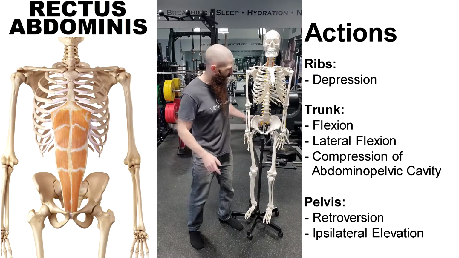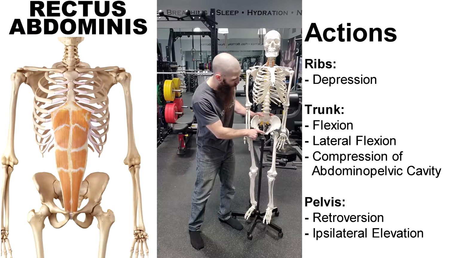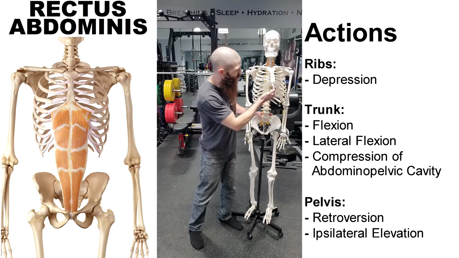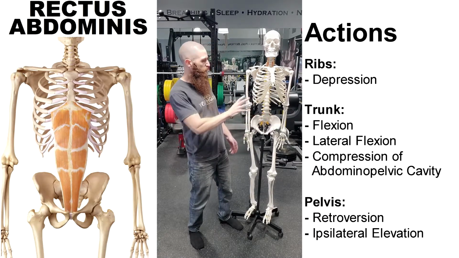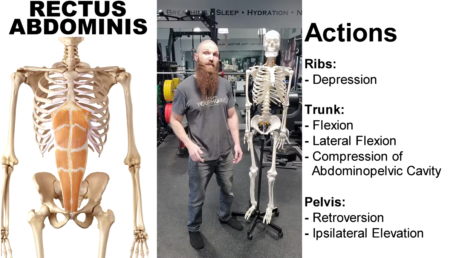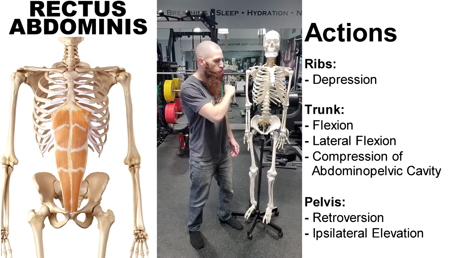The rectus abdominis attaches at the pubis, at the pubic crest and the pubic symphysis, and then it inserts into the xiphoid process and the costal cartilages of ribs 5, 6, and 7. And because it crosses the ribs, the trunk, and the pelvis, we know it's going to have an action in all three of those areas. At the rib cage, its main action is going to be